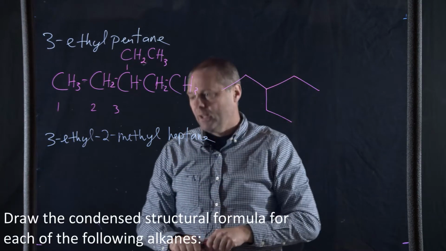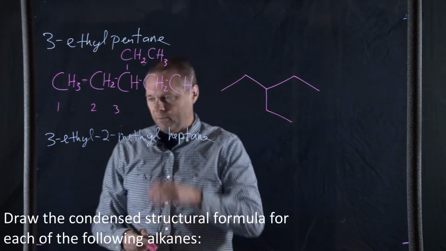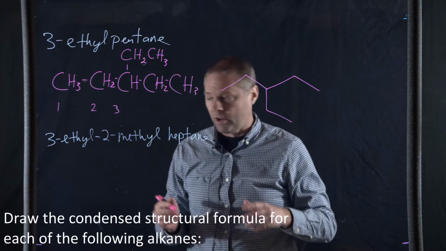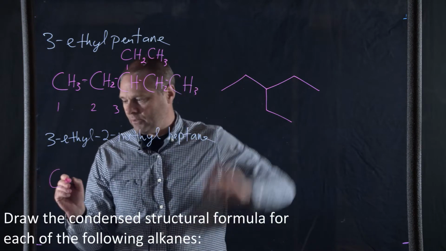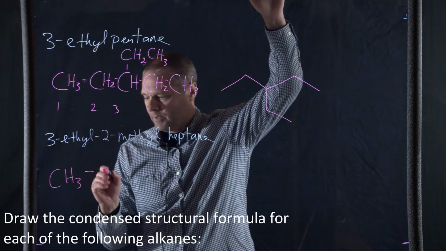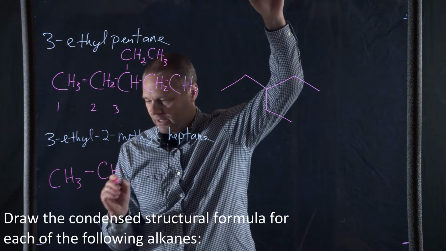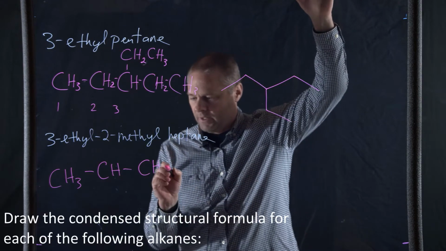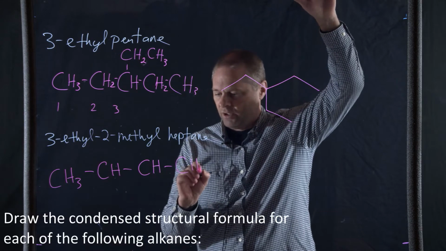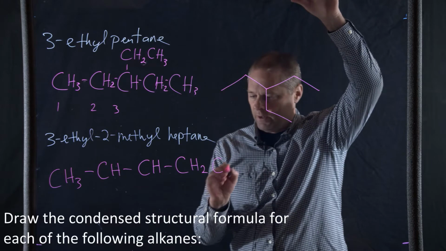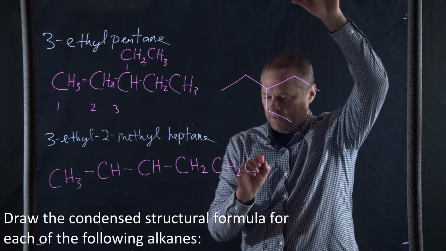All right. Now this one's a little more complicated. We happen to have 3-ethyl 2-methyl heptane. Heptane means we have 7 carbons. So we'll draw the 7 carbons out. There's 1. Let's start with CH3. We know that. This is going to be a CH. There's our second carbon. This is going to be a CH as well. This is then going to be a CH2. So this is carbons 1, 2, 3, 4, 5, 6,